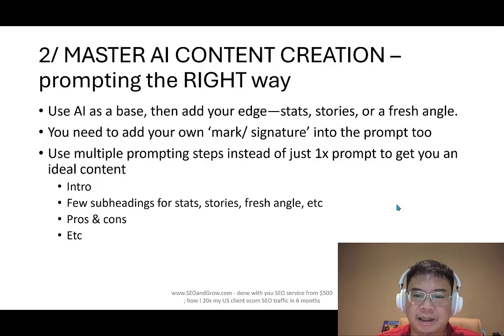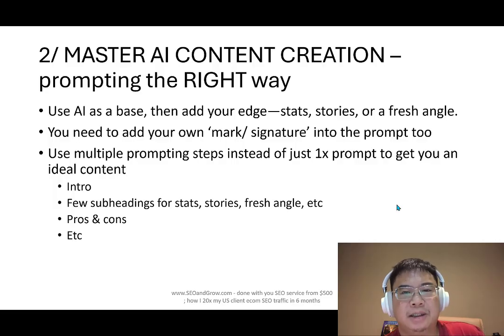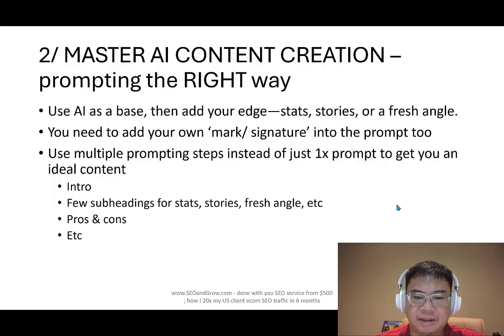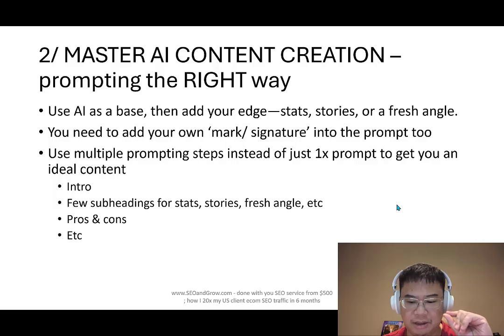You should use that in your prompting, and then use multiple prompting steps instead of just one go to get you ideal content. So you generate something for the intro, and then you generate a few subheadings for stats and stories. So those are different steps. You don't do all the prompting at the same time, all at once. You do it step by step. This is for the intro. This is for subheadings. This is for the rest, and you need to combine it a bit manually,